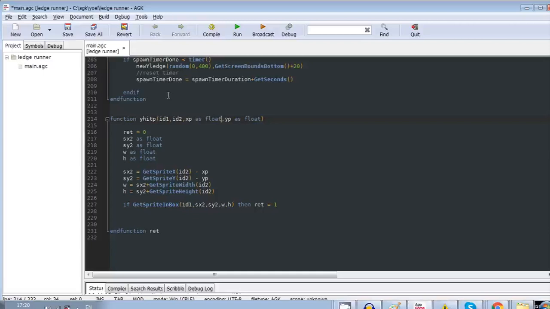Like if you hit the ledge from the bottom, left, right, like in any other way, how would you do that? Like collision with the ledge happened. From where did you hit the ledge? Top, bottom, left, right? So let's say you're moving from the left to the right and you hit the ledge from the left side. So AppGameKit tells you there's a collision. How do you know if it's a collision from the top, bottom, left or right? The answer,